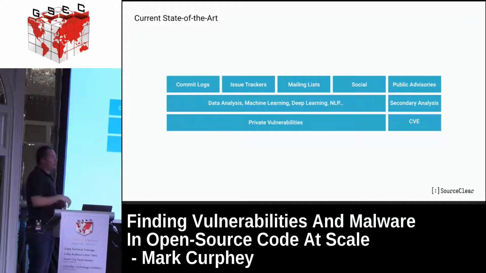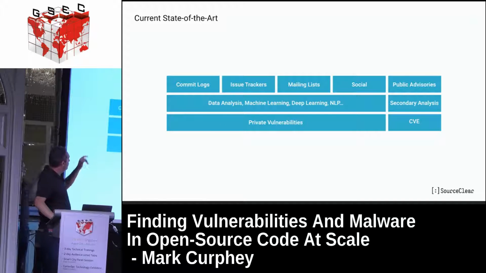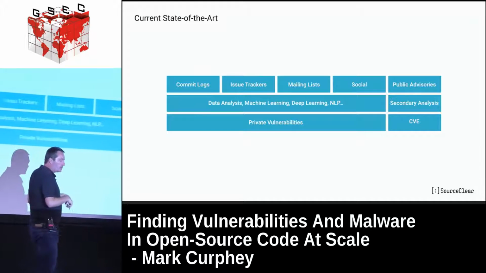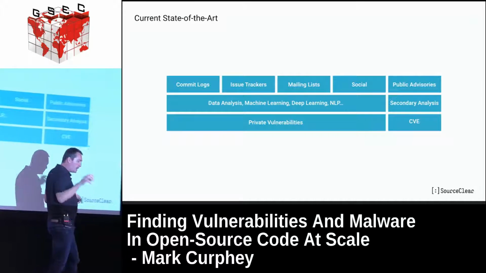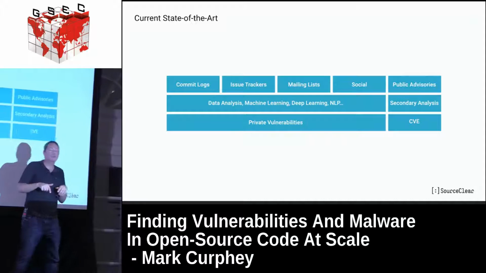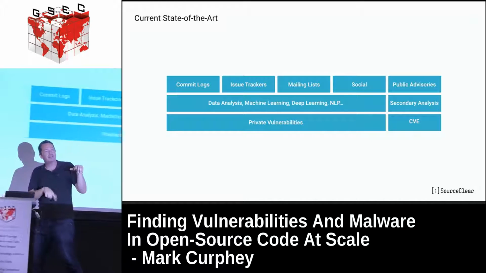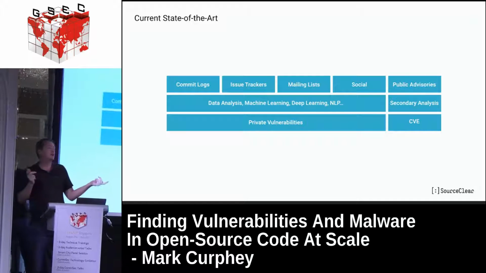So the current state of the art, which we're doing, and some other folks, is basically you have to look through these public advisories, the CVE things, and the first thing you have to do is a set of secondary analysis to figure out whether the issue is actually real. It turns out that a lot of the CVEs are actually incorrect. People will publish and say this library has this issue, but it may turn out that it's a library that is using that library that has that issue. Or it may turn out that it's actually a completely different library.